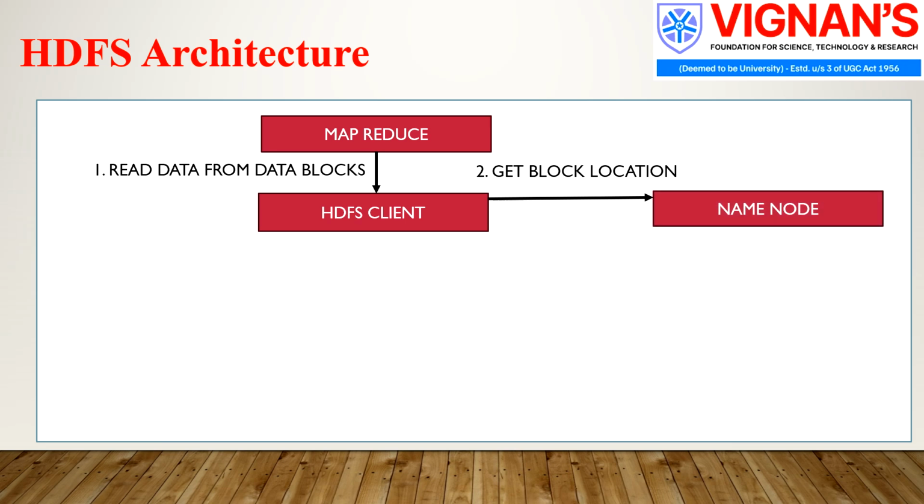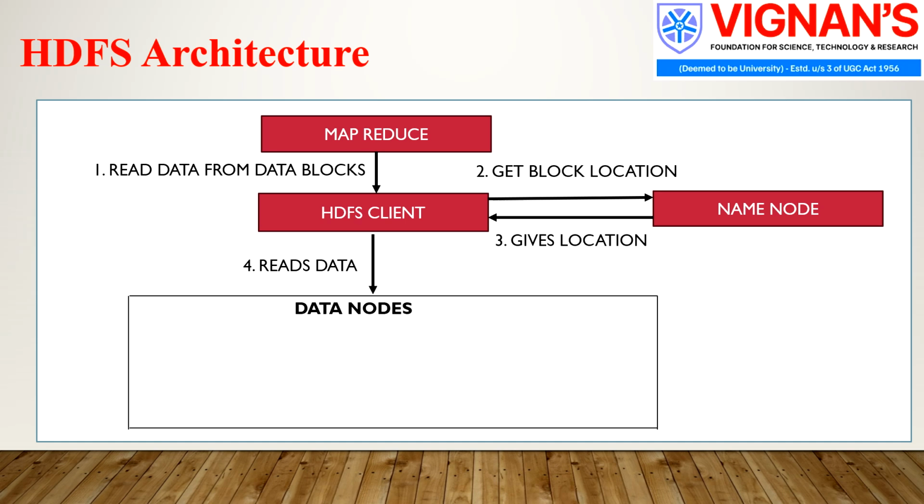Step 3, NameNode gives location. The NameNode responds by providing metadata, which contains the addresses of the DataNodes where the data blocks are stored. Step 4. Read data from DataNodes. Using the received location details, the HDFS client directly reads the data from multiple DataNodes, number 1, number 2, number